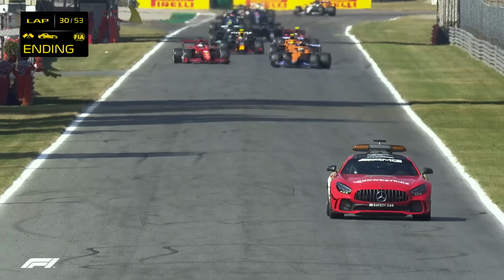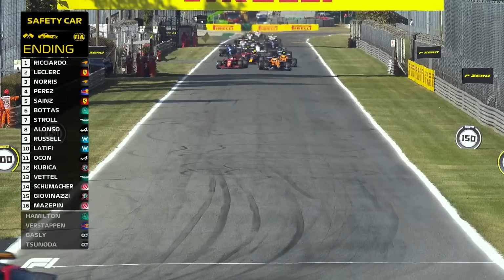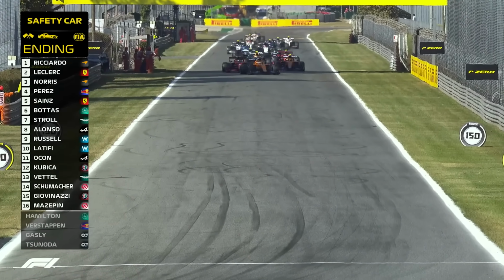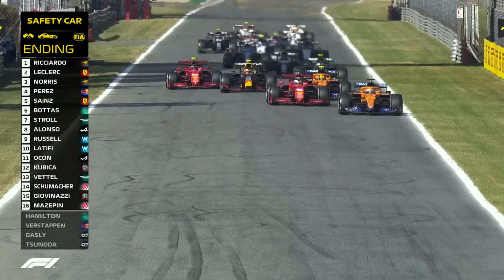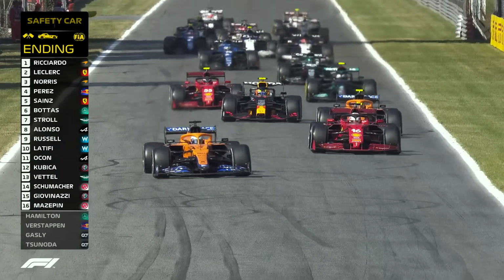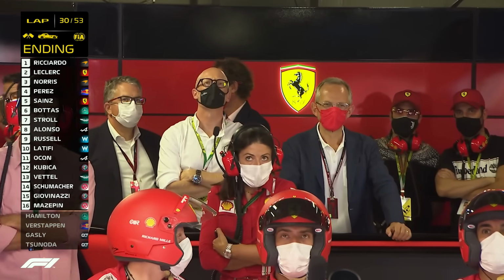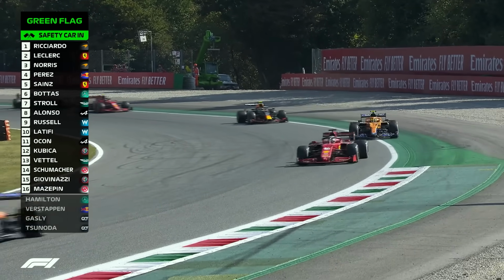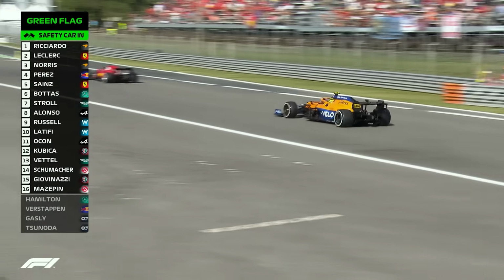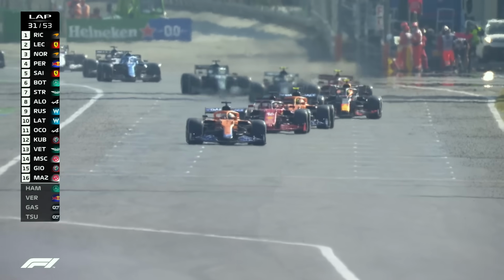And it's safety car coming in at the end of this lap. Daniel Ricciardo's won 7 Grand Prix. He knows what to do. He knows how to win this race. And he has survived leading a Grand Prix with a safety car restart. Now he's gone. Charles Leclerc's gone with him. Lando Norris has certainly gone with Charles Leclerc. They're watching on at Ferrari as round the Parabolica we come, and going very wide again, Lando Norris. But that gets him a straight line and an earlier straight line down the straight as they all try and break the tow,